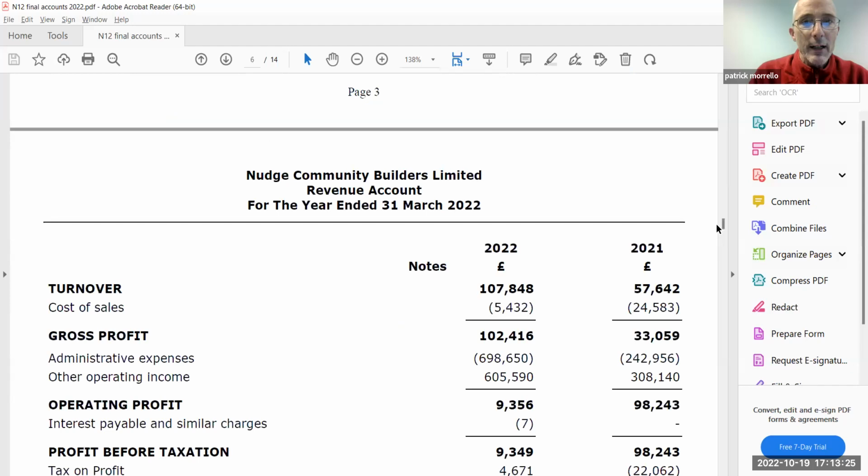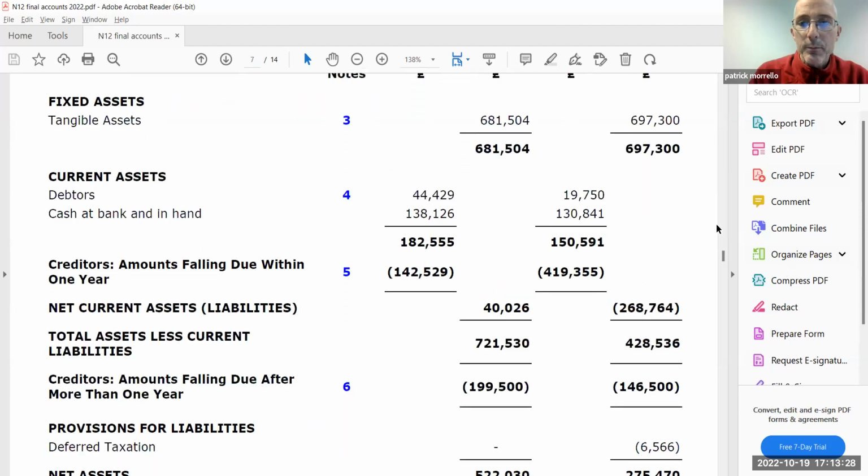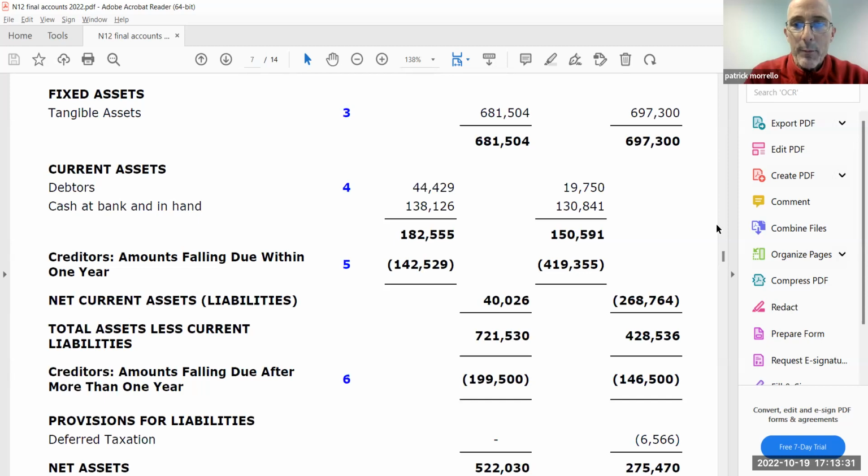So the next statement after that one is the balance sheet. And the balance sheet is basically a statement of the assets that Nudge owns, the things it owns and the money that it might owe to other people. So the main assets, obviously fixed assets there at the top, £681,000. That's the cost of buildings acquired and a little bit of equipment. And then debtors is money owed to Nudge, cash, obviously bank, cash at the bank. And then you've got creditors, amounts falling due within 1 year and amounts falling due after more than 1 year,